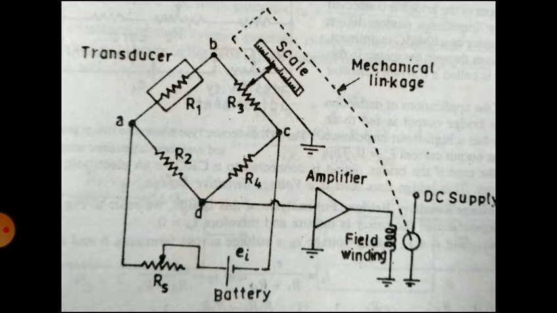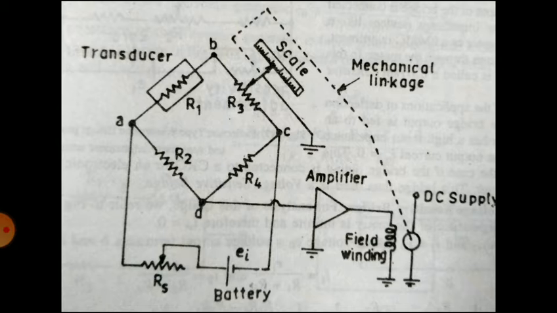In the first case, R2 was variable. Now in the case of temperature measuring systems, R3 is made variable, and that will be according to the error voltage due to unbalance of the bridge. So according to the error voltage due to the field winding, R3 is varied. The readout scale may be calibrated in terms of a change in values of resistance or in terms of temperature or any other physical variable being measured.